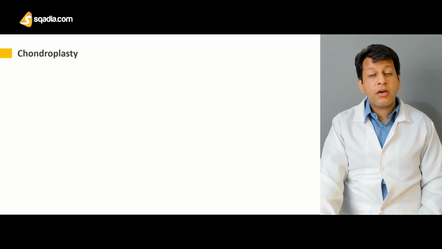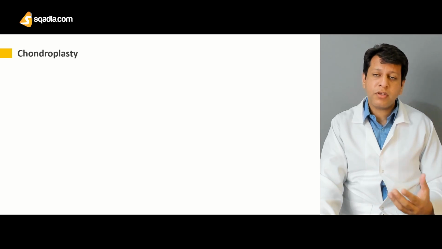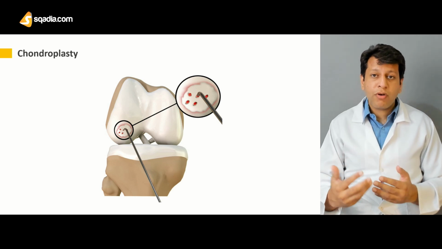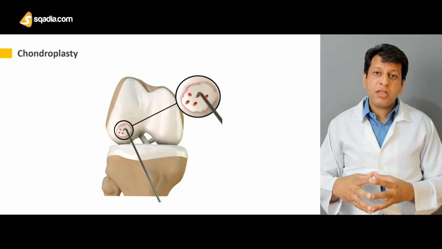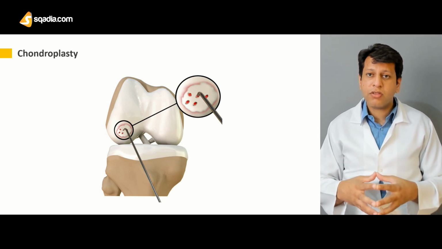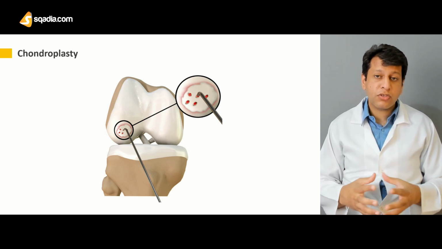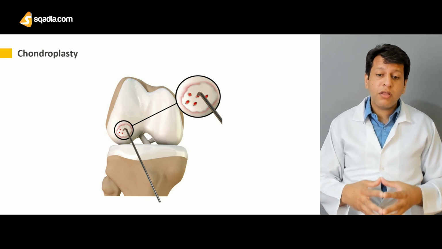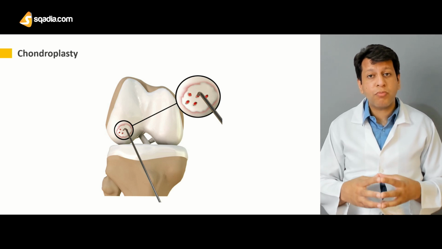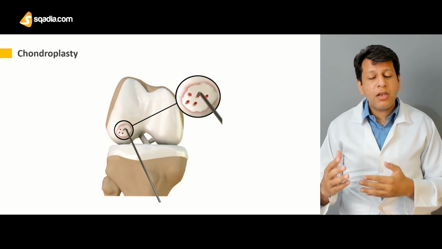For example, other options could be arthroscopic. If it's Outerbridge low degree classification, for example, it's only softening or thinning on the MRI, or there are only fissures, we may go for only arthroscopic debridement. But if it's Outerbridge grade 4, in which there's exposed subchondral bone, then the microfracture technique can be used arthroscopically, to go for some form of chondroplasty or autologous chondrocyte transplantation along with the lateral retinacular